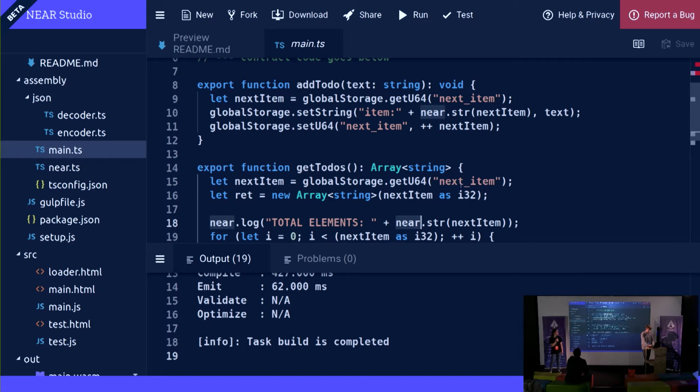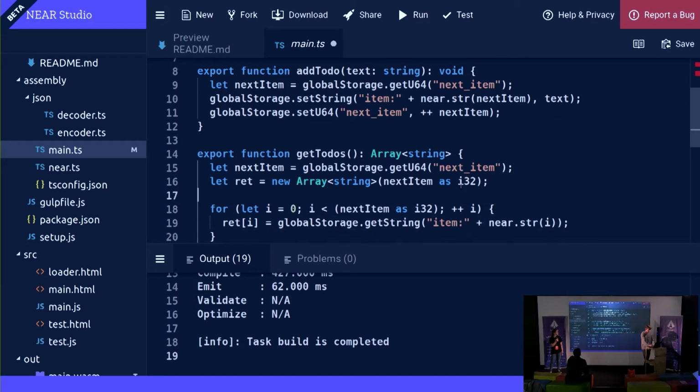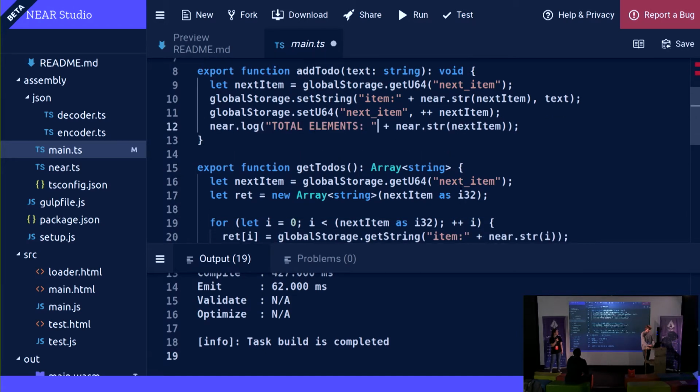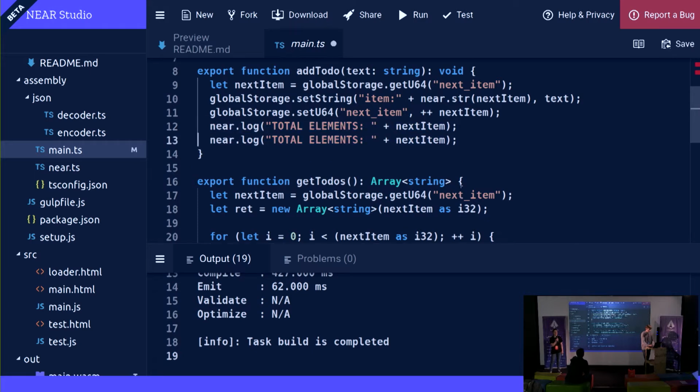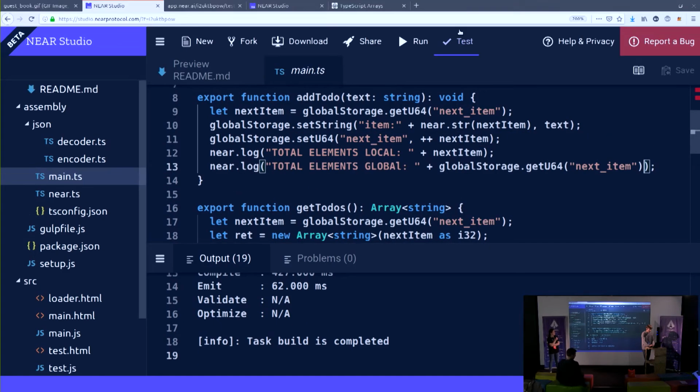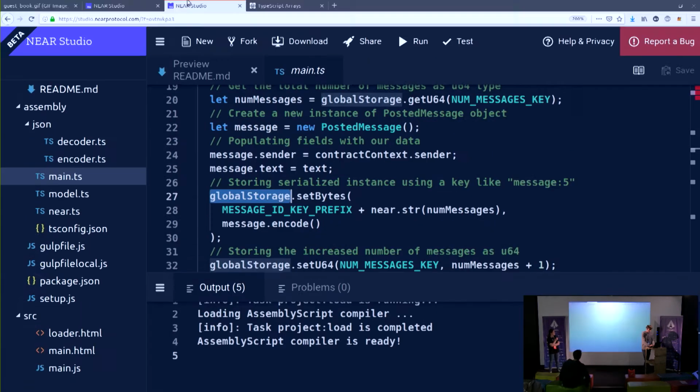And so now let's see what actually happens after we store it. So it makes sense to print both local value and global to see if the storage works. Let's see.